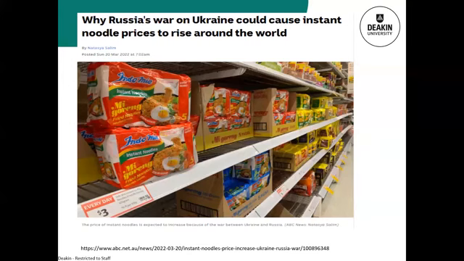And so, as we can see, this war is having a big impact on the world's economy and its ability to feed many people. And of course, as we know, the people in Ukraine as well. But this is just some examples to show how an event like war can have impacts on businesses worldwide.